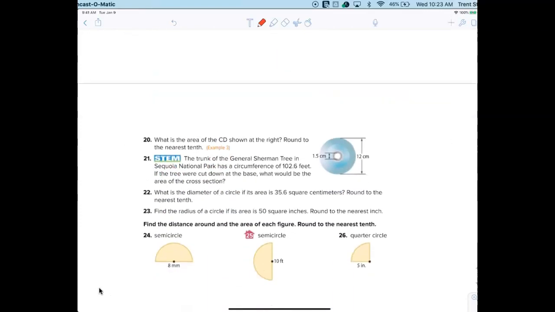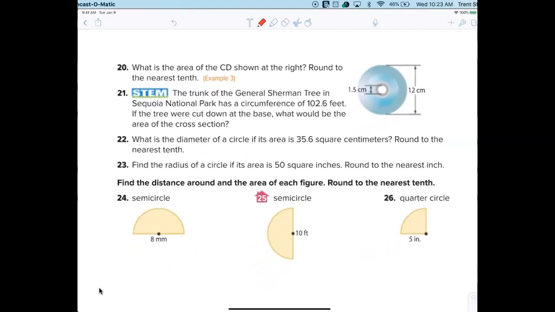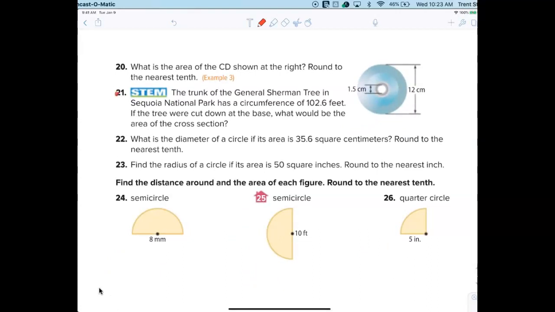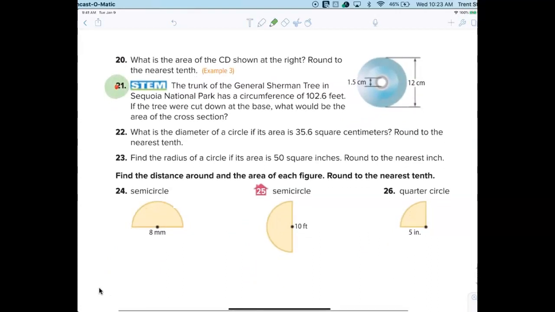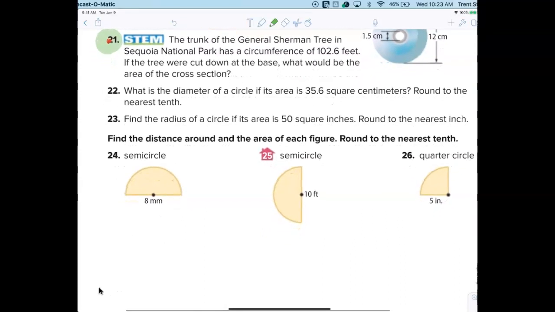The first thing I want to do is look at question number 21. I want everybody to take a look at 21 with me. And Miss Johnson's going to read this to me. The circumference of a giant redwood tree in a national park has a circumference of 102.6 feet. If the tree were cut down at the base, what would be the area of